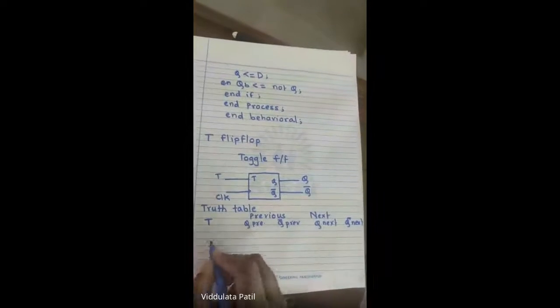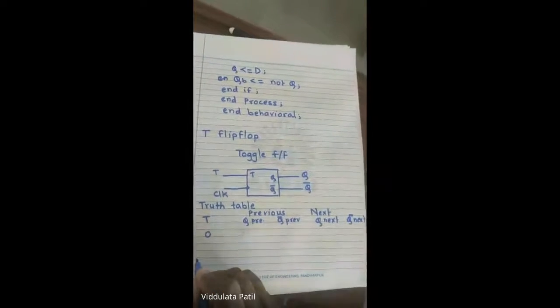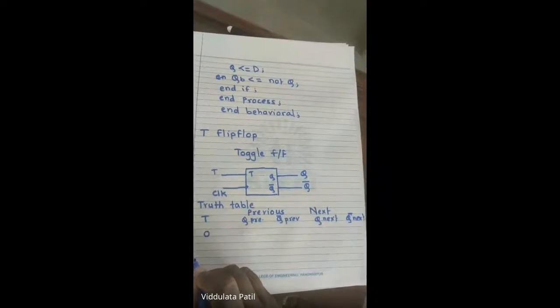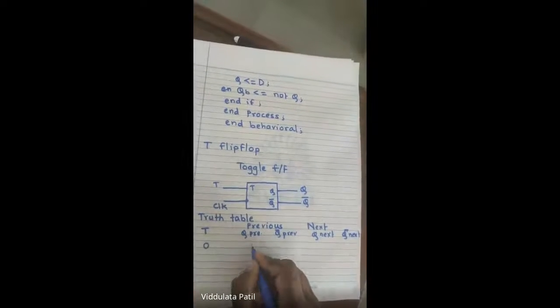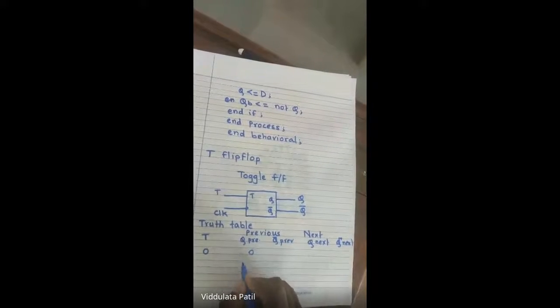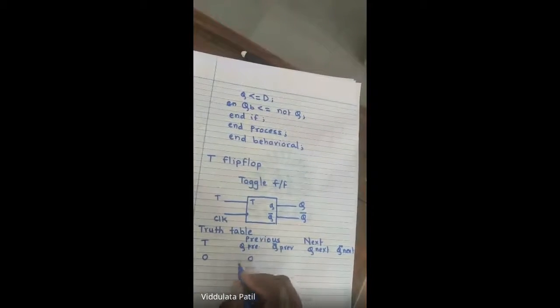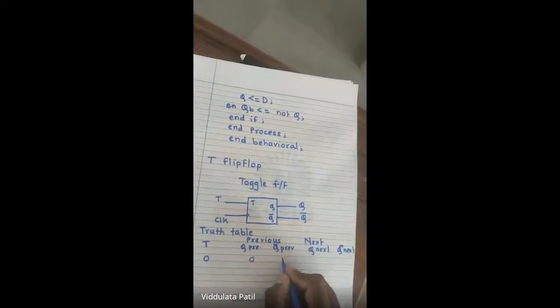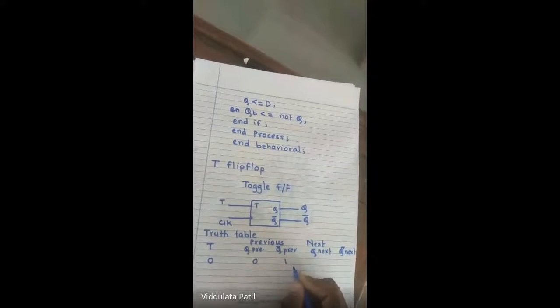Okay, so whenever T is equal to 0, that time suppose the previous state, that is Q in the previous state, is 0 and Q bar is 1, then in the next state,